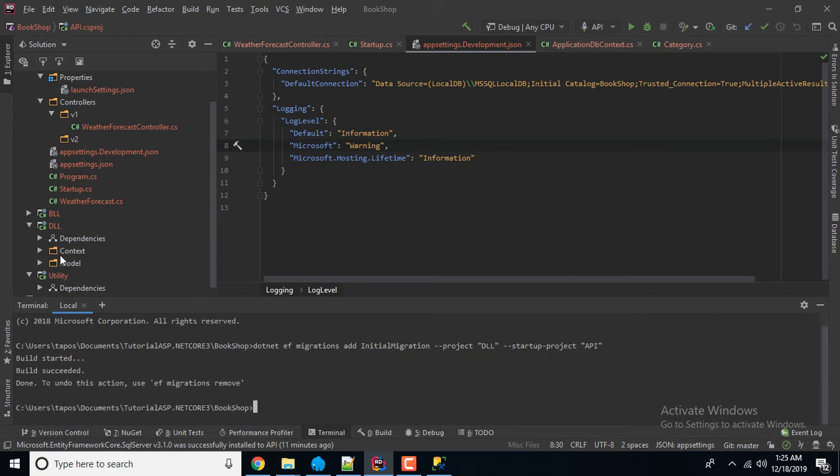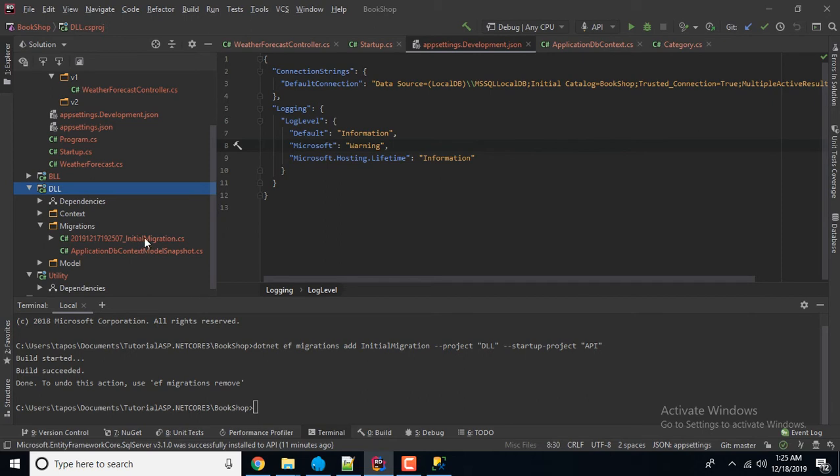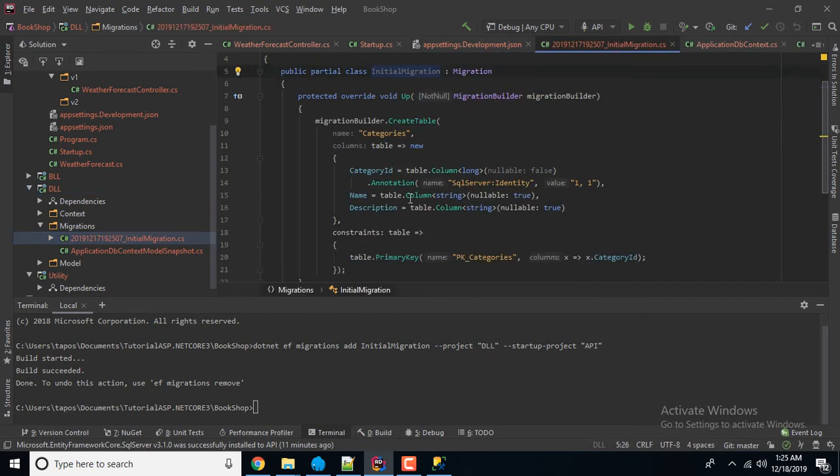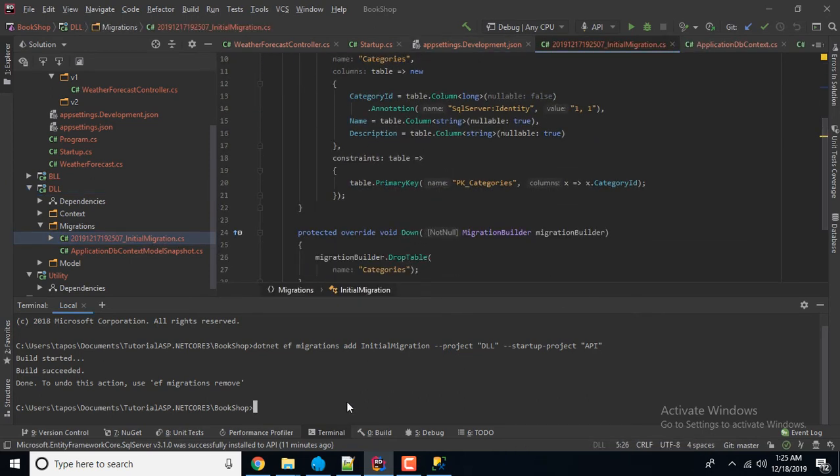Okay, DLL. Yeah, a migration folder is created. Initial migration for the category table is already done, so I need to update the database. To update the database, also run this command: dotnet ef database update